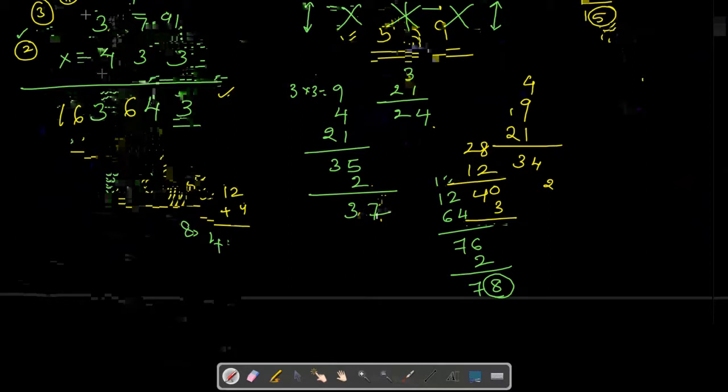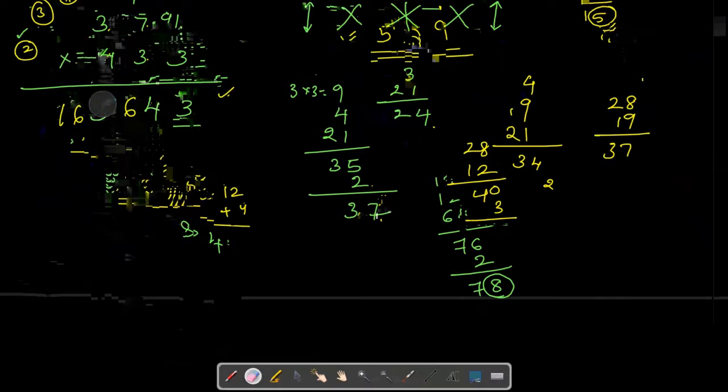And then in the next step, what I'll be doing, 7 plus 28 plus 9. 28 plus 9 would be 37. 37 plus 3 would be 40. So it becomes a 0. Sorry, it becomes a 0. So now this is the answer. So 160643. So this is what I'm trying to tell you is you need to be very careful when you